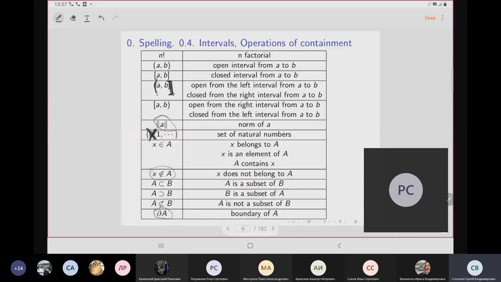What does it mean, a boundary? Can you give a definition? What is the boundary of a set? Edge points. Yes, I think it is the simplest and the best definition, because